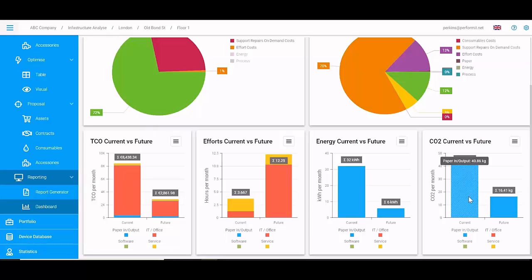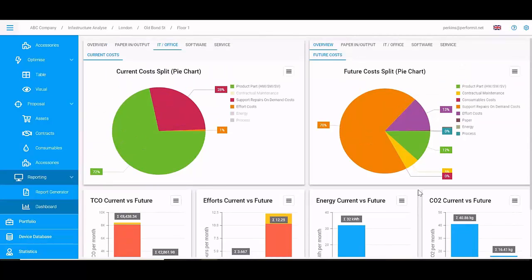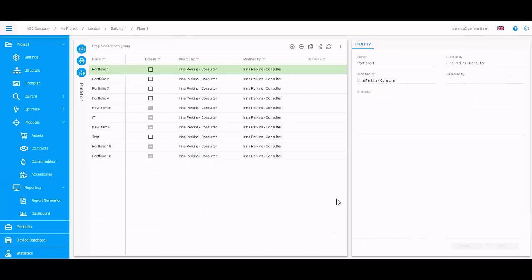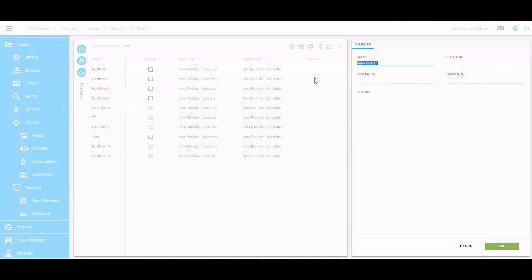Let's move on to portfolio from here on. As you can see, all the portfolios you've created previously with the old application will be available in the new application as well. They're all listed here on the left side. You can add new portfolios, you can delete them, you can copy them, as well as share them with your colleagues. In order to create a new portfolio, you have to click the plus button, give your portfolio a name,